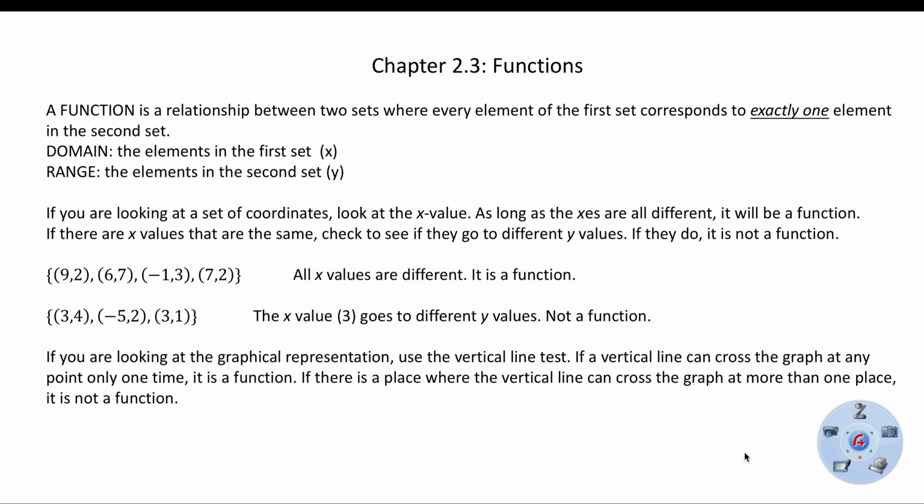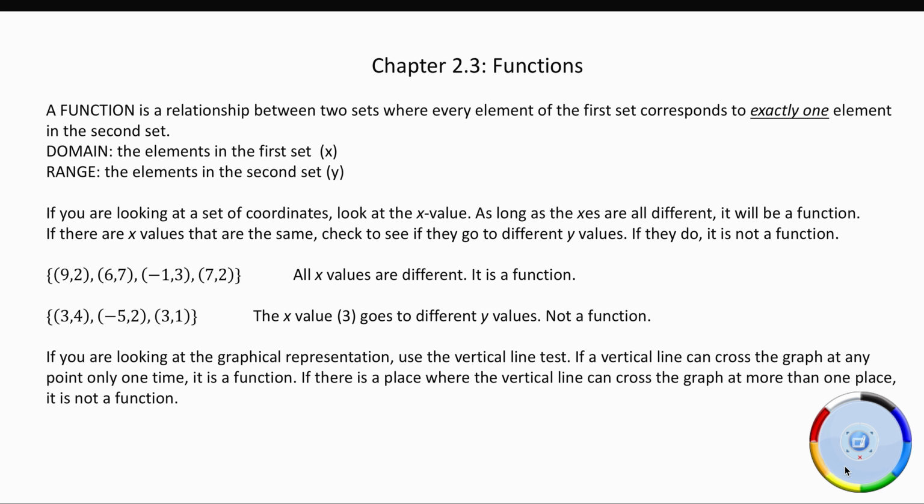Chapter 2.3, Functions. It turns out the vast majority of equations are naturally occurring functions. Therefore, we become very interested in exactly what it means to be a function and what the parameters of a function are. So today, we're going to look at functions. A function